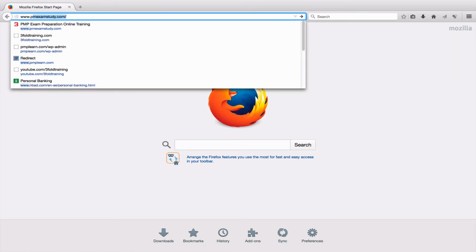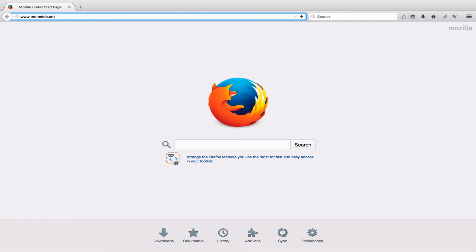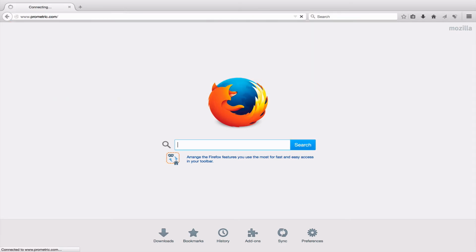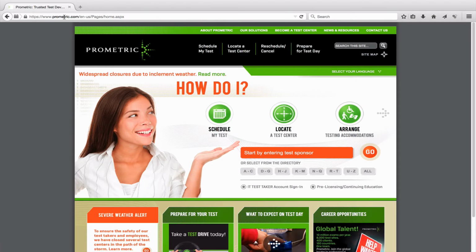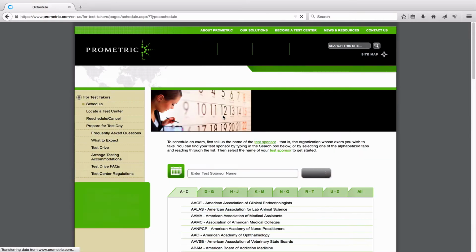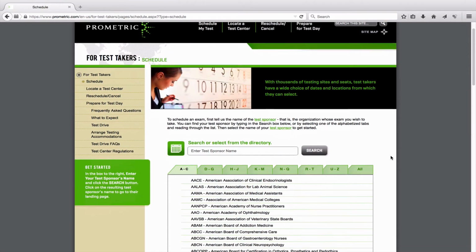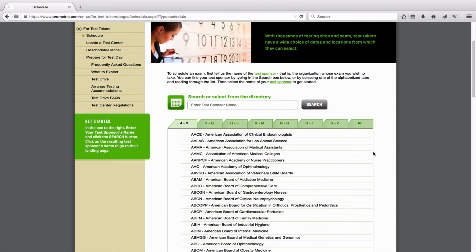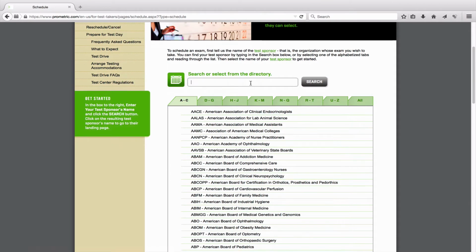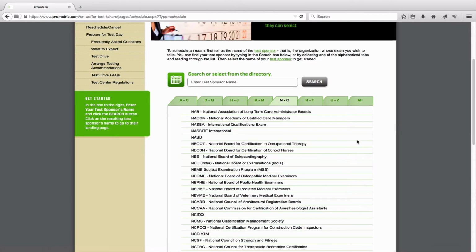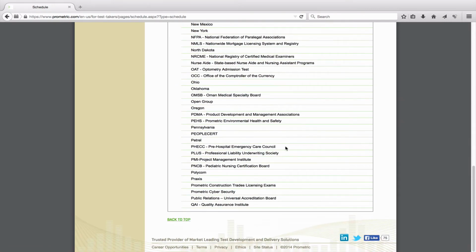So you have to go to the website called Prometric.com, which is the third-party testing provider for PMI certification. So go to Prometric.com and you can schedule my test. Once you click schedule my test, you can see the list of testing providers. You can either search here Project Management Institute, or you can browse through the alphabetic list. So I'm going to go to PMI, Project Management Institute,